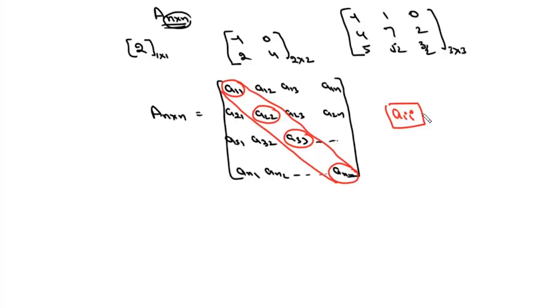Now every square matrix is associated with a number, and that number is called the determinant of that matrix. So the determinant is only possible in the case of a square matrix, and we represent it by this double bar A, or at times we'll simply write it as det A, which simply means that we are talking about the determinant of A. Now the fifth type is diagonal matrix.